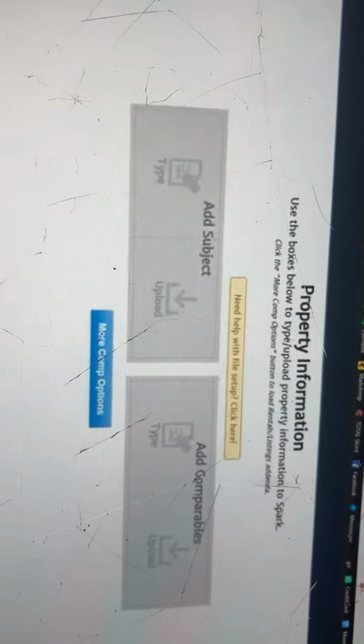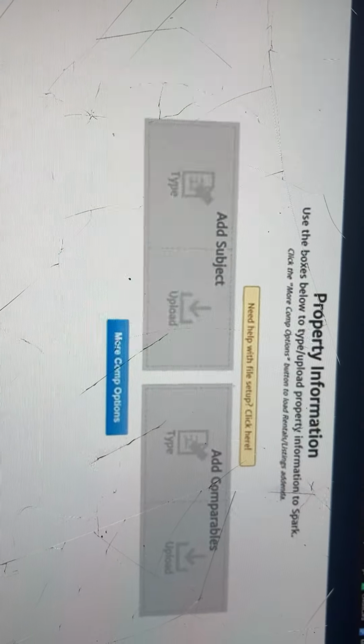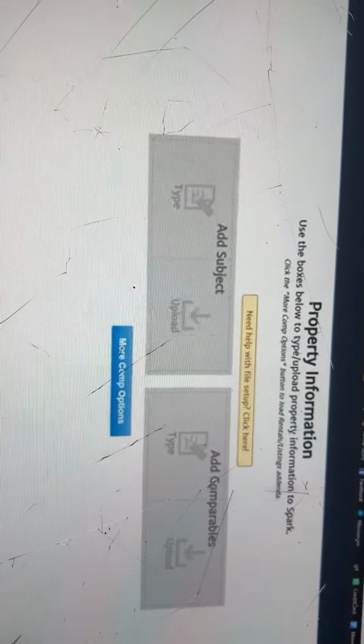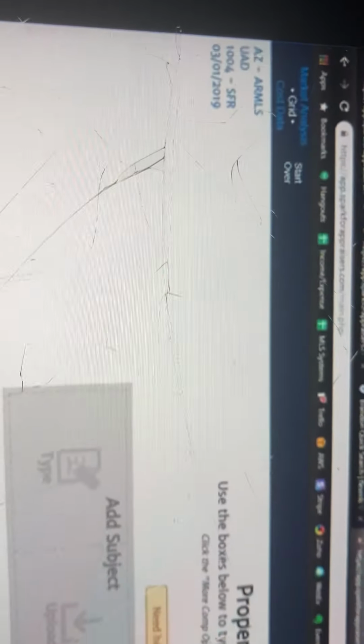A few other things popped up here now that I entered in my effective date, and you can see that I'm on the grid side of Spark. So there's basically three sides to Spark: market analysis, grid, and cost data. So I'm on the grid side, and now I'm ready to upload my comparables or add in my subject property